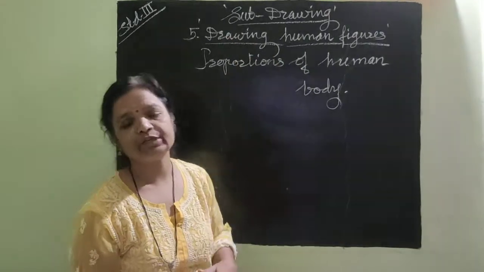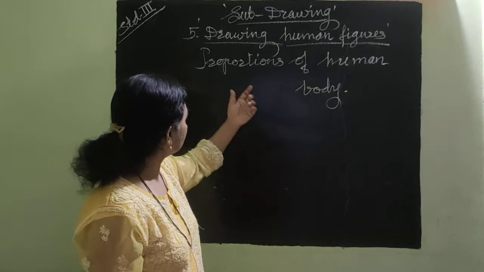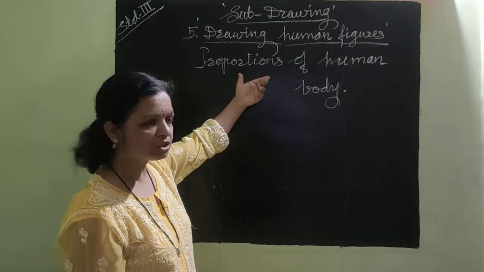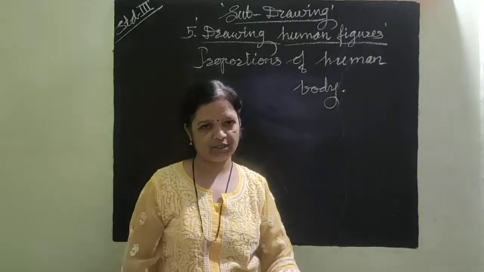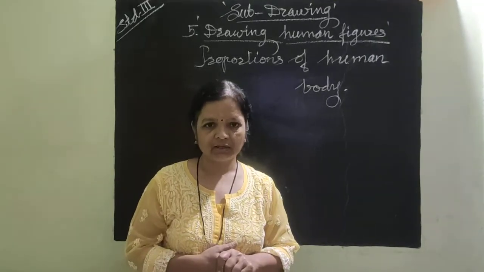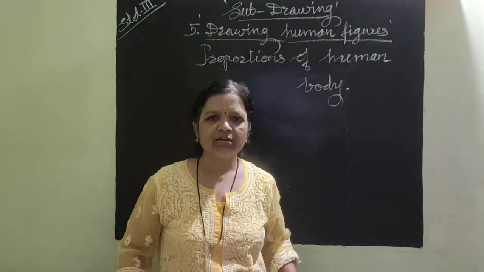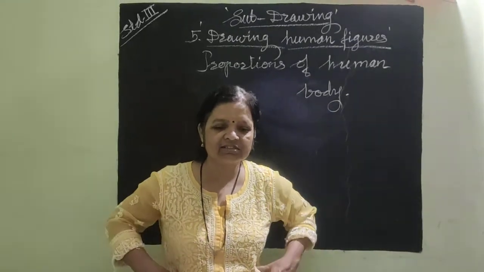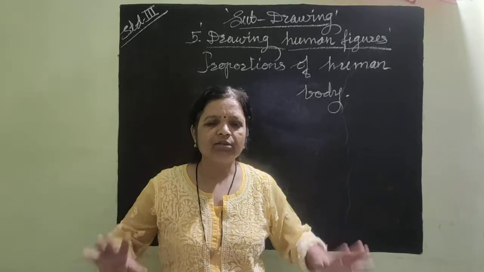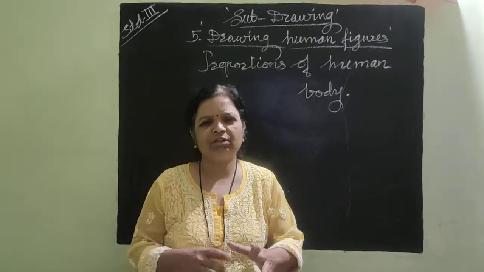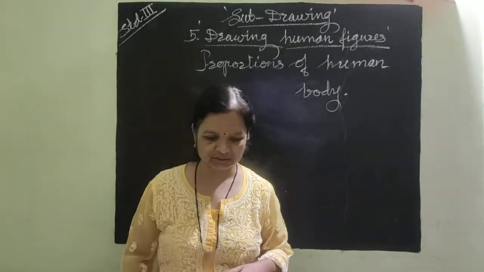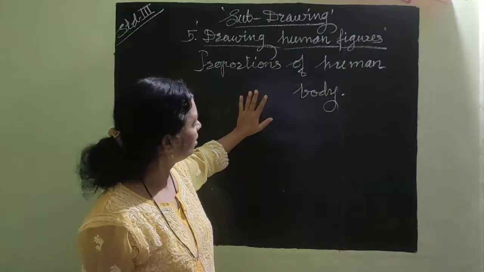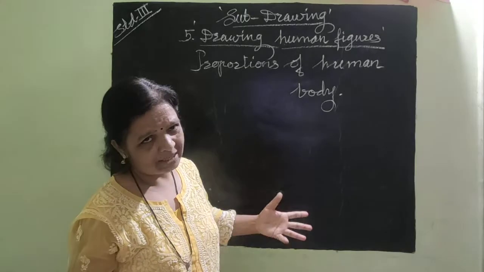This is our today's topic, and in that topic today we are going to learn the proportions of the human body, means our body. So when we watch our body, we have head, neck, shoulders, hands, waist, chest and the lower part of the body. Okay, you learned it already in your KG standard. So nothing difficult to understand. You already learned all the parts of our body.